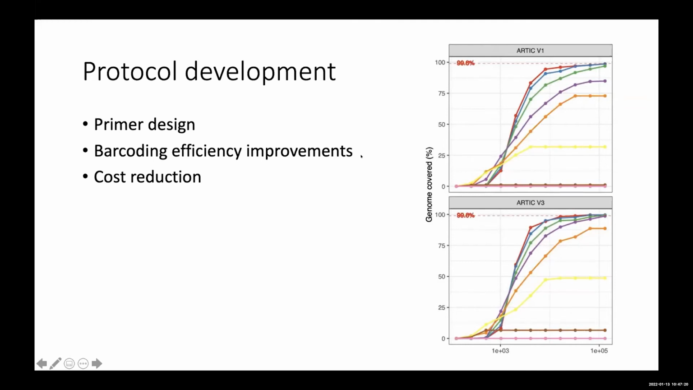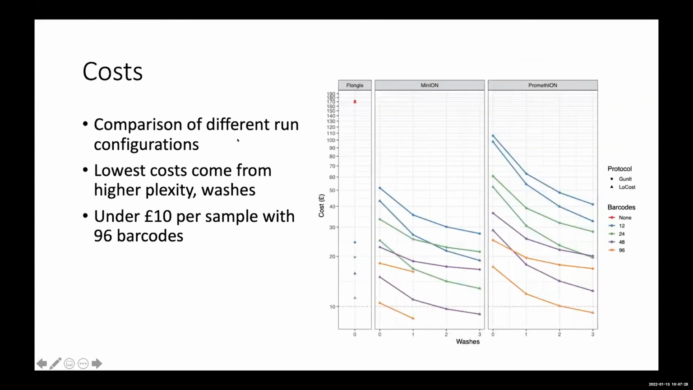ligation efficiency, or the double barcoded efficiency, up to about 75%, and reduce the cost as well by changing some of the reagents out for cheaper versions. And this is a plot here just showing different run configurations using up to 96 barcodes, plus minus washes, which you may or may not use, which you can use with nanopore, but you may or may not choose to, and then obviously the different flow cell scales. But it's possible to achieve about £10 a sample using 96 barcodes, here with no washing, which I